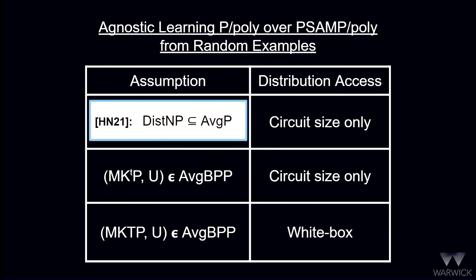Okay, so at this point, we turn to a recent work of Hirahara and Nanashima. They give the same learning consequence that we get in the case of Kpoly, but under the stronger assumption of being in the world called Heuristica. So all of distributional NP being easy on average for deterministic polytime. And yeah, that's our starting point for the Kpoly result. We want to try to apply some of the tools that they used in that work and keep it working under the weaker assumption.